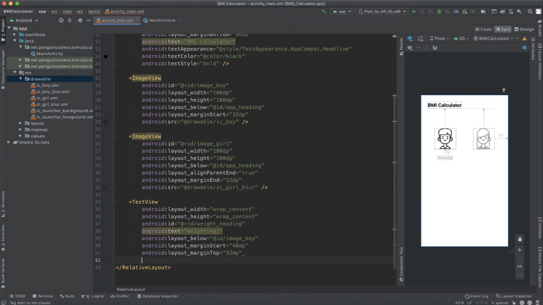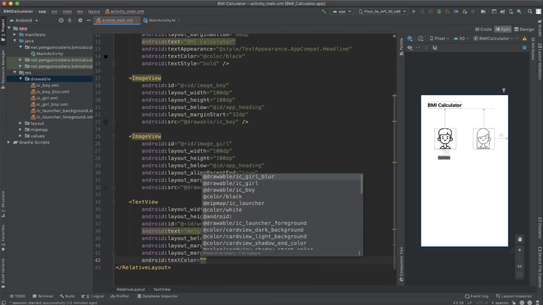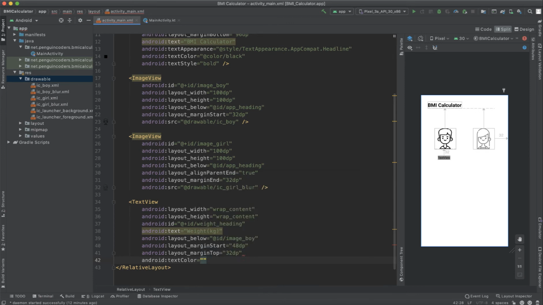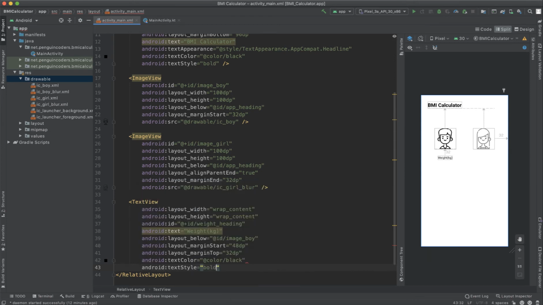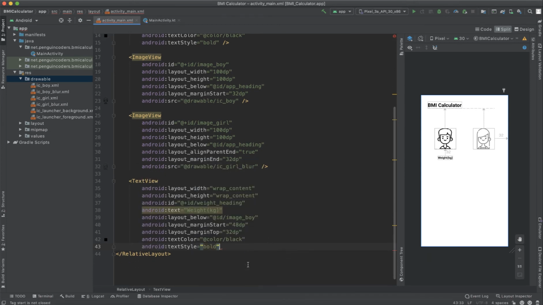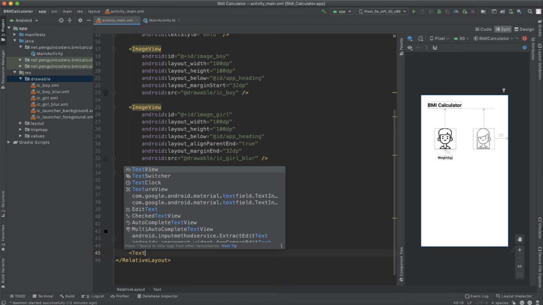Okay, and the text color we will keep it as black, so color slash black, and then text style we will keep it as bold, so text style would be bold. So you can see weight kg is appearing here.